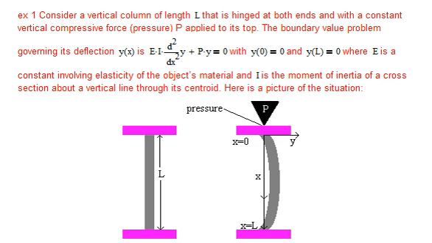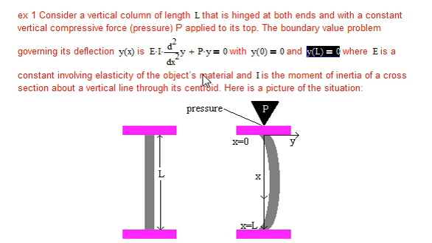So here's an example. So very difficult. Consider a vertical column of length L, that would be this, that's hinged at both ends and with a constant vertical compressive force, pressure that is, P, applied to its top. The boundary value problem governing its deflection y of x is EI times the second derivative plus P times the function itself is equal to 0, with y of 0 equals 0 and y of L equals 0, where E is